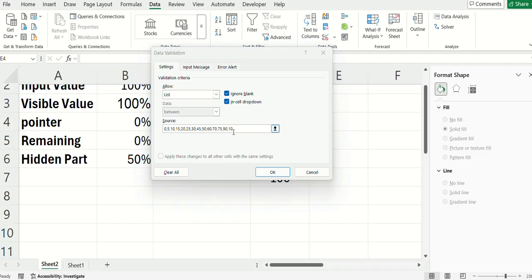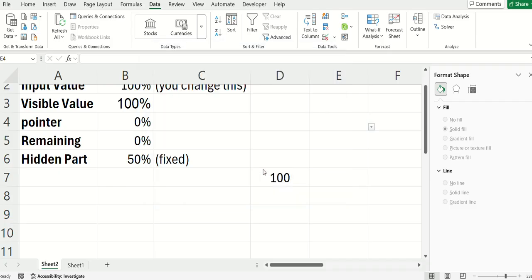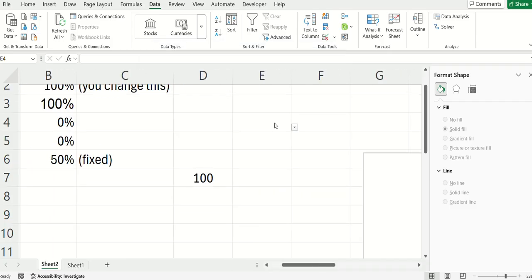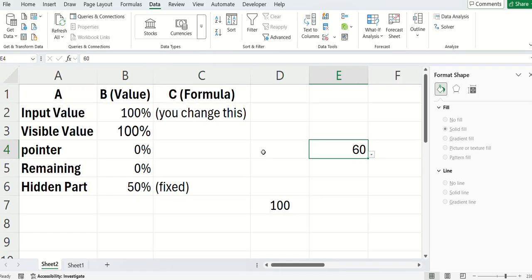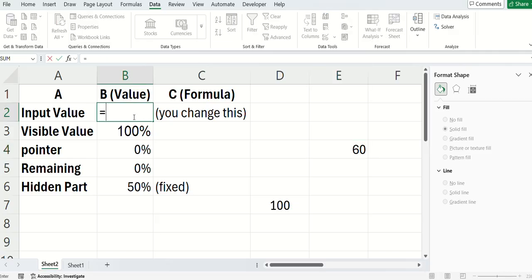OK, when you complete your values, click OK. Now you can see here a button is shown. In this cell I put the data values. As the button shows, you can see the list. So what you need to do, you need to link the cell with your links. How can you link? Right click, insert